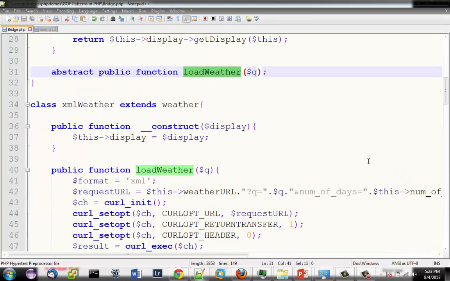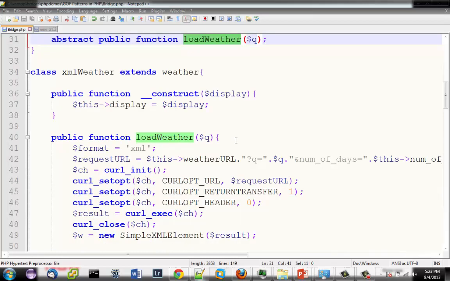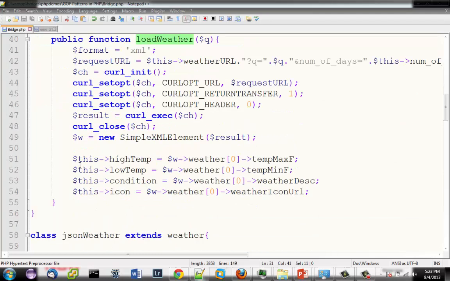So what I did is I created two concrete instances of that abstract class. Notice I have XML extends weather, and all this does is load from a weather service. It loads XML data, and then from that XML data loads the properties into my abstract class. And these properties are high, low temp, condition, and icon. And I'm using curl and then the SimpleXML API inside of PHP to do that.